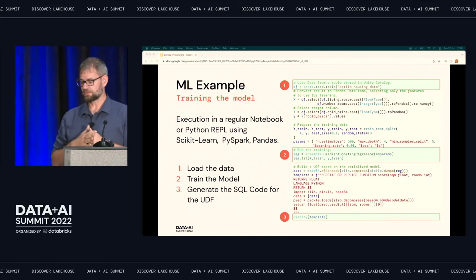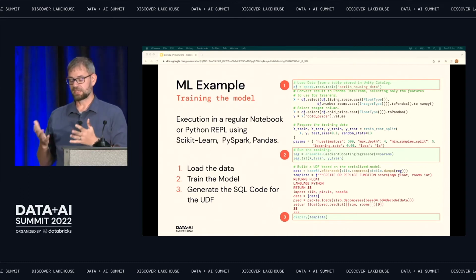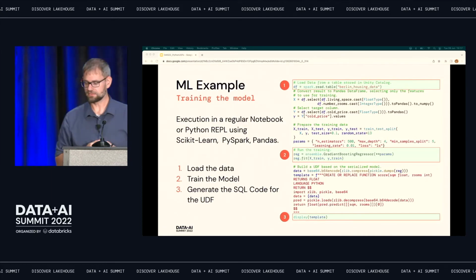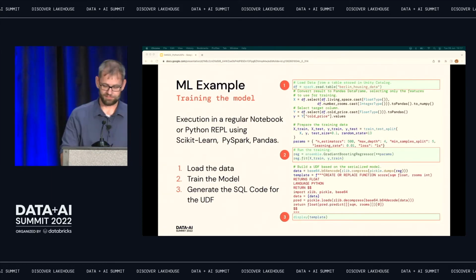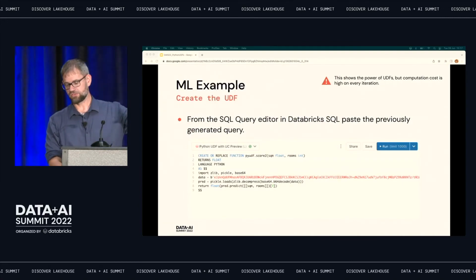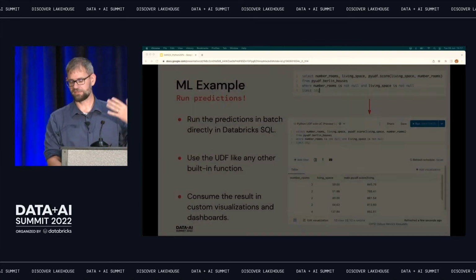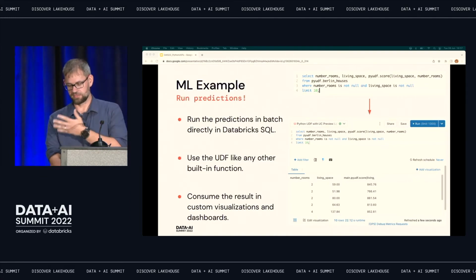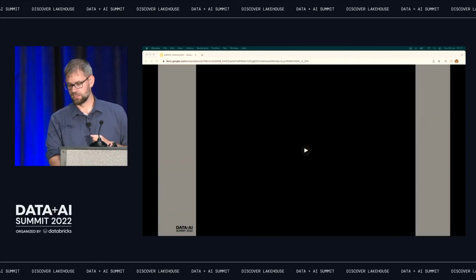All right, so I train this regressor, and then I basically generate some SQL code that I can copy and paste into my Databricks SQL editor, and then create the Python UDF. Then, directly from my editor, I actually execute this code, which generates the UDF. And lastly, I simply run a query, and I get results, predicted cost of the apartment. All right. So let's see